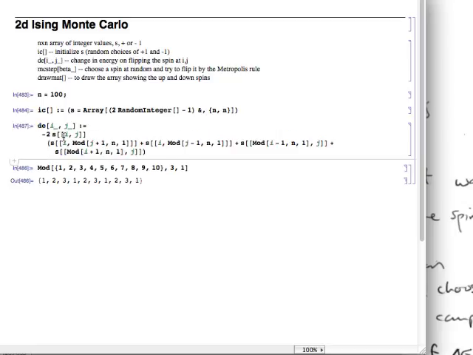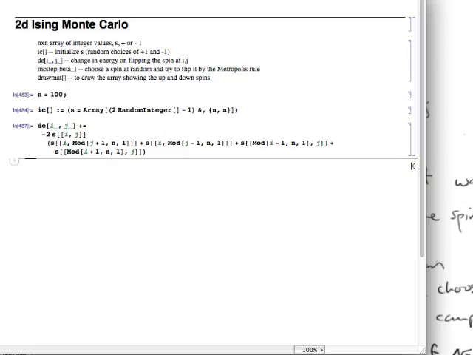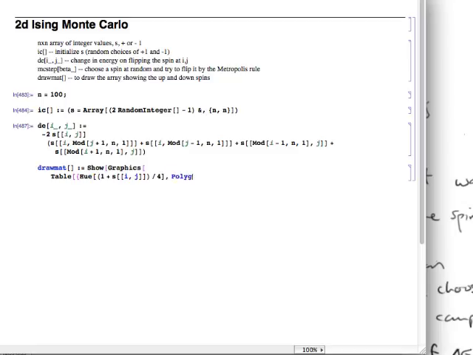And now our DE function is fine. Okay. To draw the matrix, we want to draw it by drawing a bunch of squares. In fact, a table of squares, and we choose the color of those squares to be depending on the ij value, depending on the spin value that sits at that ij entry, and so this hue choice turns out to be good. And then we draw a little square explicitly